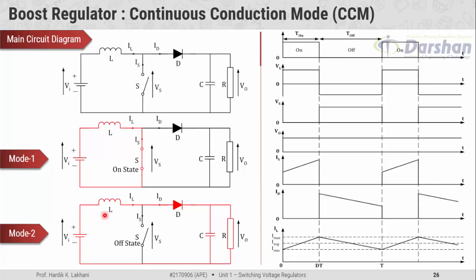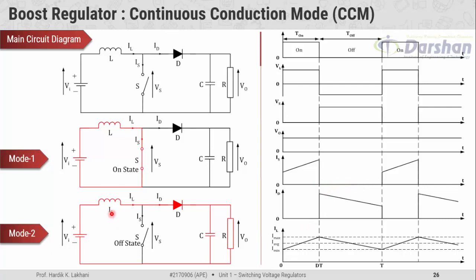Let us analyze the parameters. During the second interval, voltage across inductor is nothing but the input voltage minus output voltage, which is shown here. During the second interval, voltage across a switch is equal to input voltage minus the inductor voltage, that is equal to this one. During the second interval, the switch is in the off state condition, so the current through the switch is equal to 0.